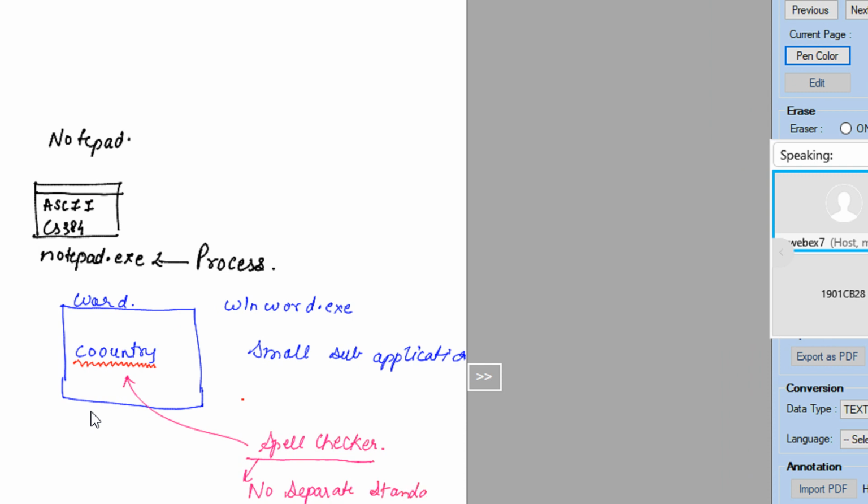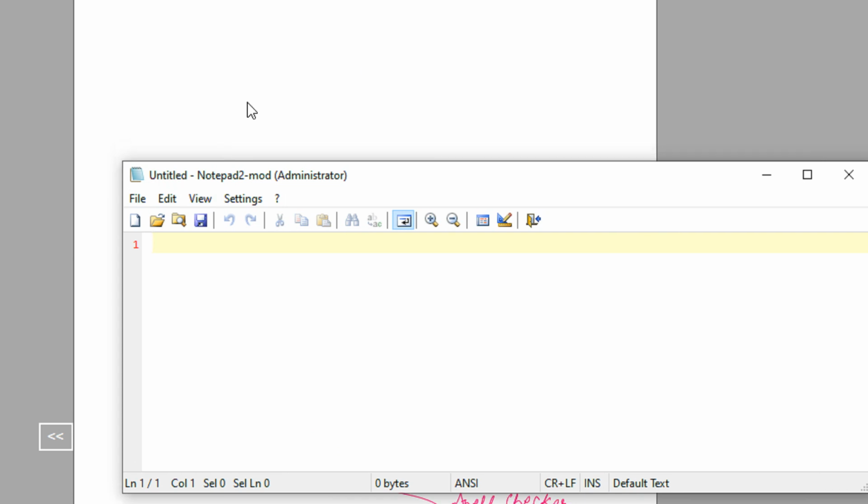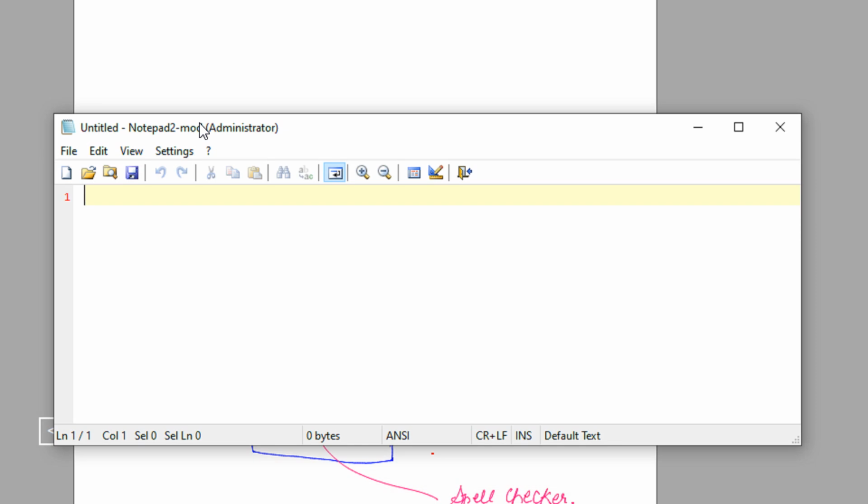Now, what do I mean by standalone? Standalone means, for example, if I'm starting Notepad, Notepad is a standalone program. If I close Microsoft Word or start Excel, it has no impact on Windows Notepad. So Notepad, Firefox, your games, VLC, all these are standalone processes.